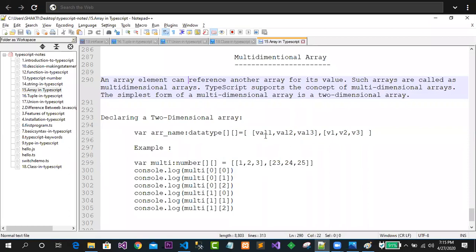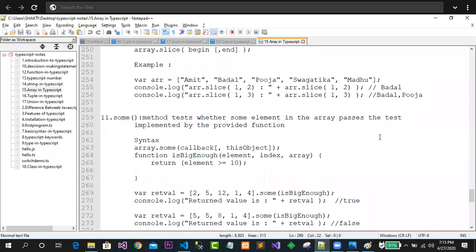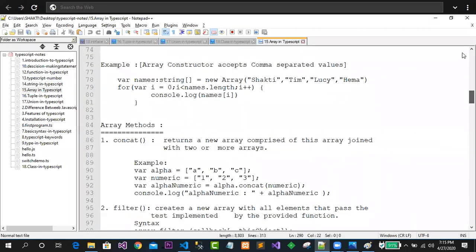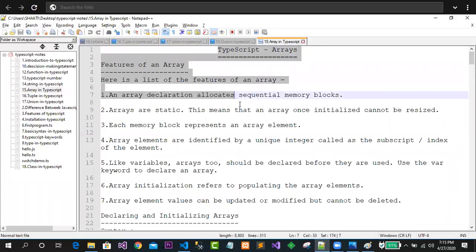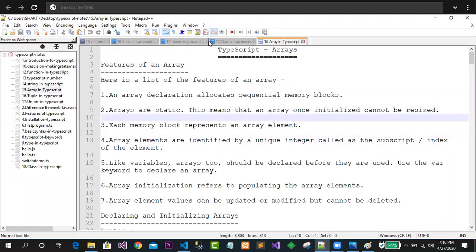So defining a 2D array is very simple. In the last class, I already discussed all this array concept. If you have any doubt, I have already posted the video. Just go and watch that and maintain the notes. If you have any doubt, please ask me or inbox me on my WhatsApp number. Okay, I will reply back. Not an issue.